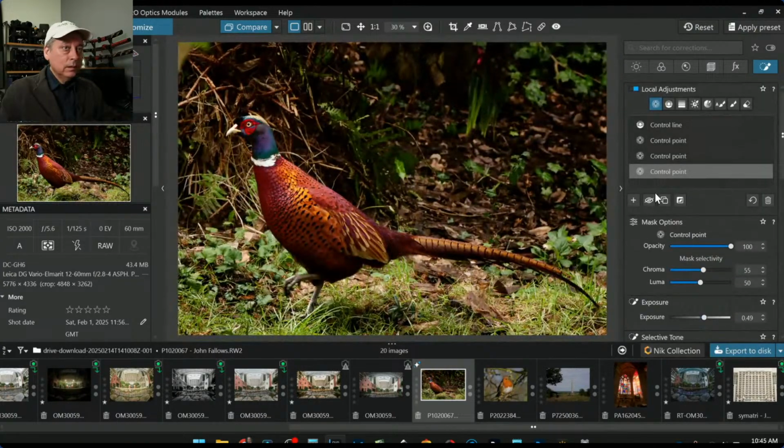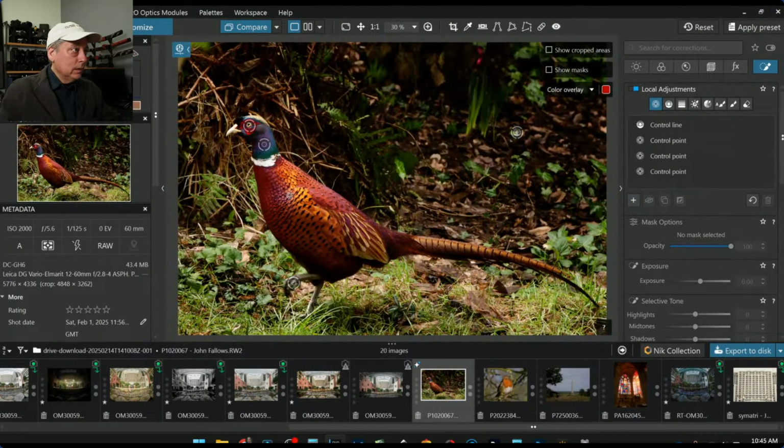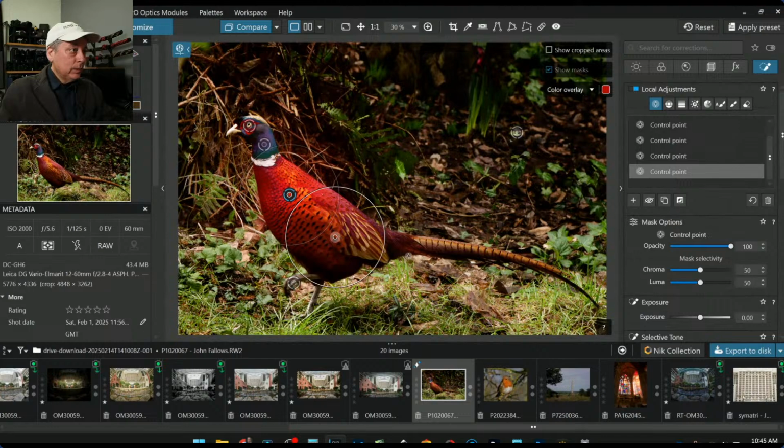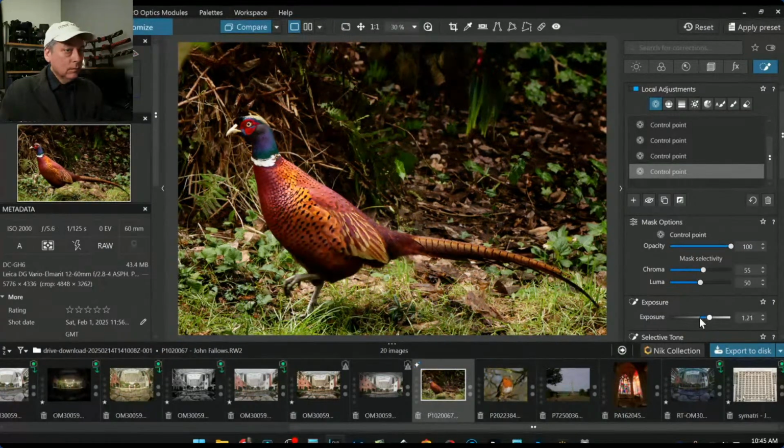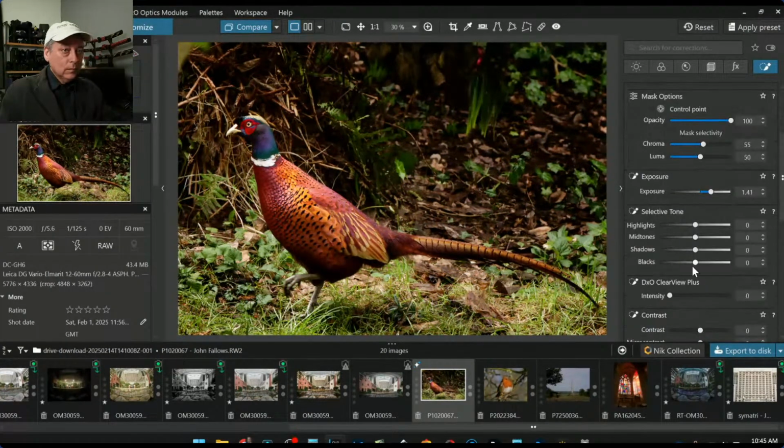Okay. And the body itself, a little bit tighter chroma. Push here,